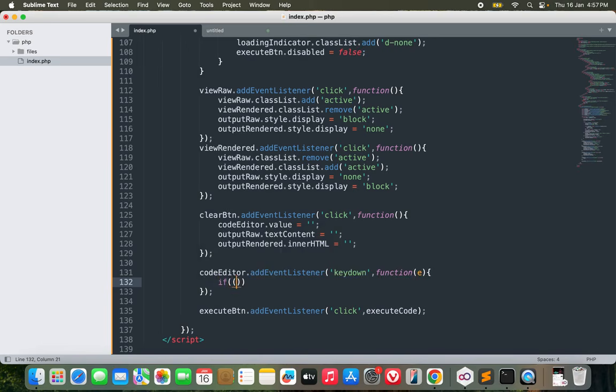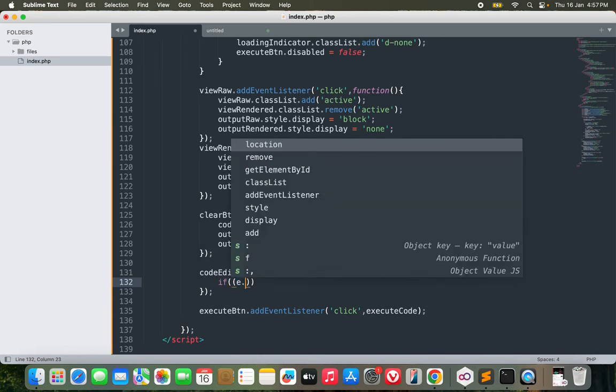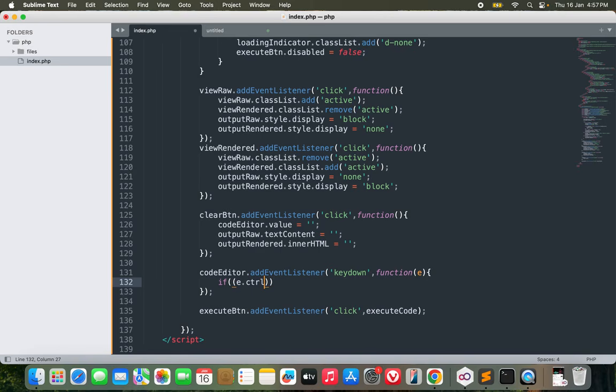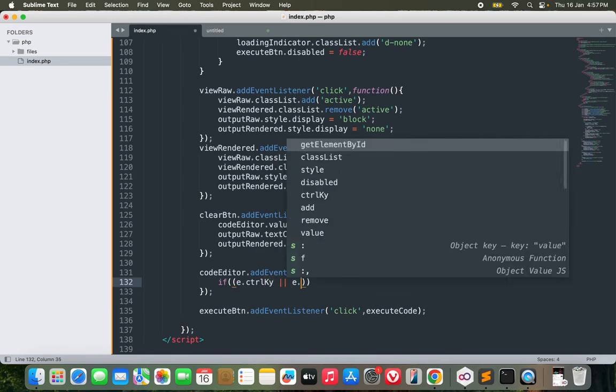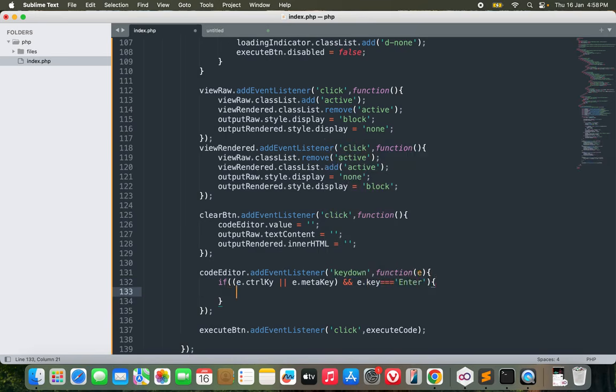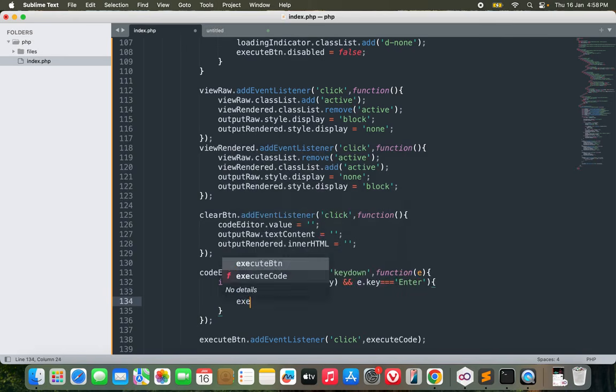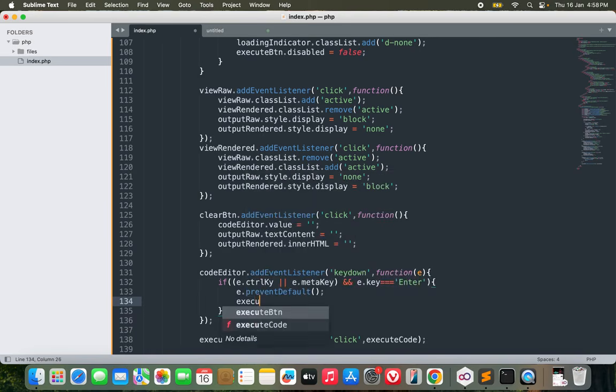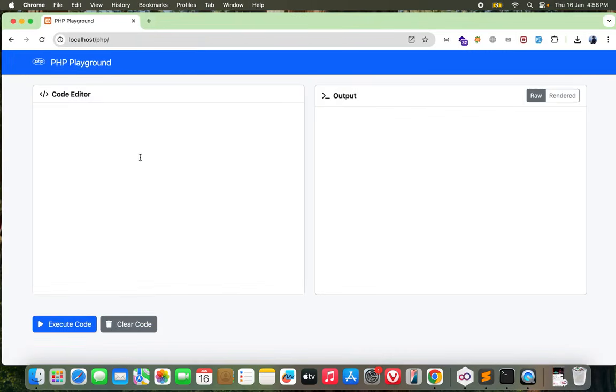So if e.ctrlKey or e.metaKey and e.key equals Enter, if it is Control plus Enter, then I will prevent the default behavior, e.preventDefault, and then execute code. Okay, this should also work now. If I do Control plus Enter,